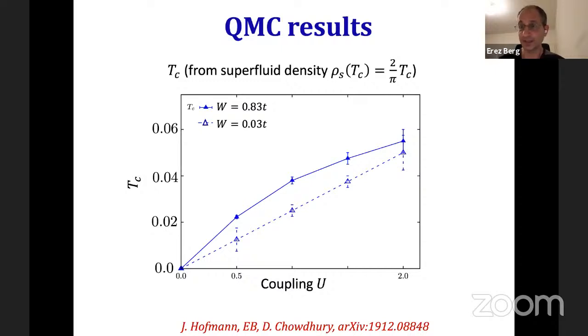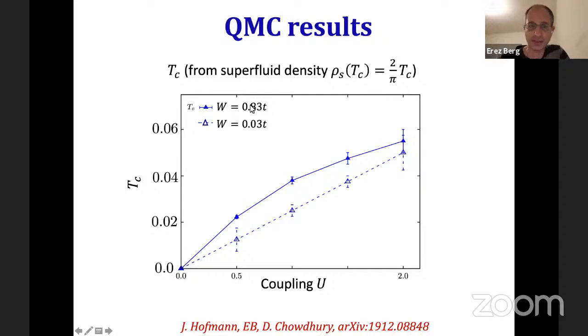So this is an indication that this is essentially the zero bandwidth limit. And nevertheless, the system is superconducting. Effectively, the only energy scale in the system is U. So U is up to 2 in these units of the nearest neighbor hopping. The band gap in the same units is 4, so it's not all that small compared to the band gap. And nevertheless, up to this value of U, Tc is very linear.